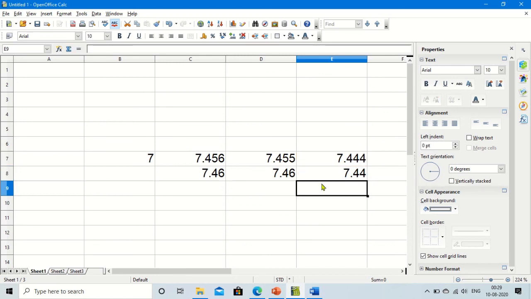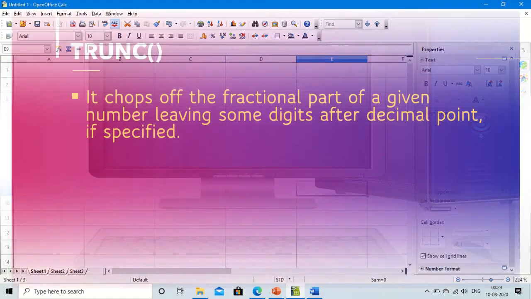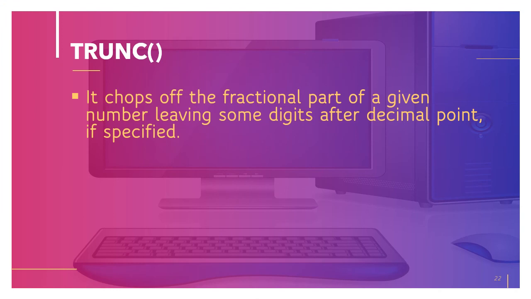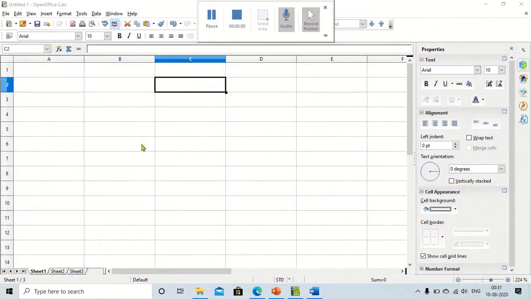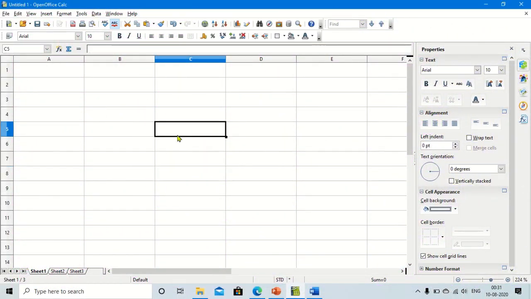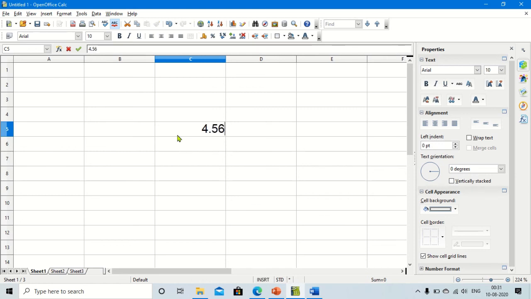Trunc, that is truncate. It chops off the fractional part of a given number, leaving some digits after the decimal point if specified. Let us see. Here I have a number 4.5689.